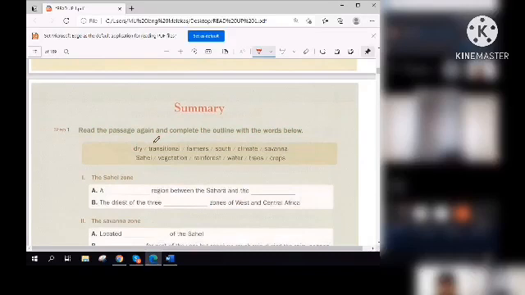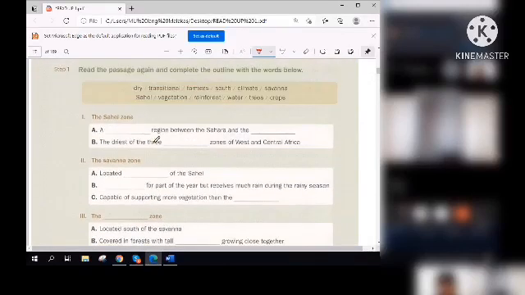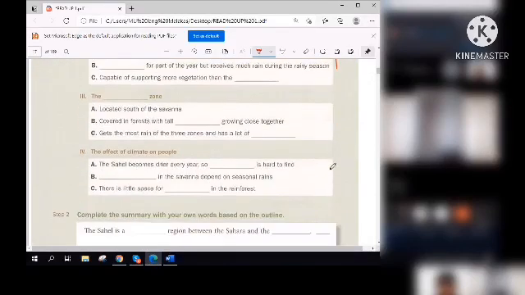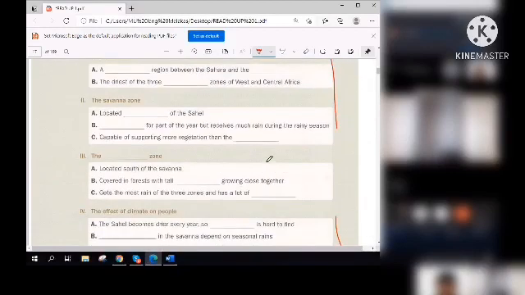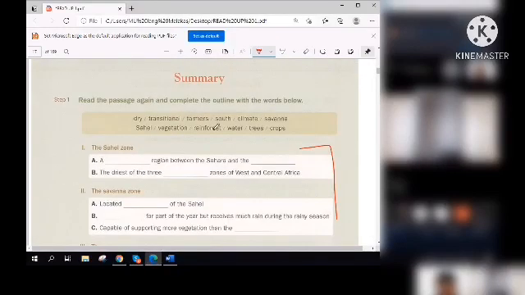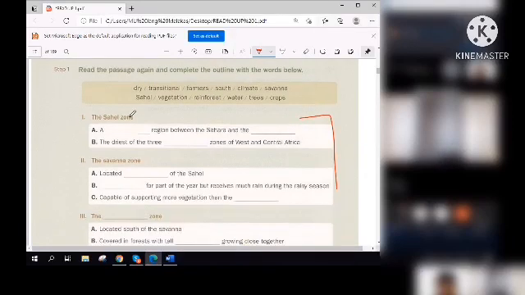Next one, summary. We're going to try and summarize. This part is very important for you to give the summary later. You're going to match the words just like before. Let's begin. The Sahel zone, a blank region. Transitional. Yes, very good. Second blank.